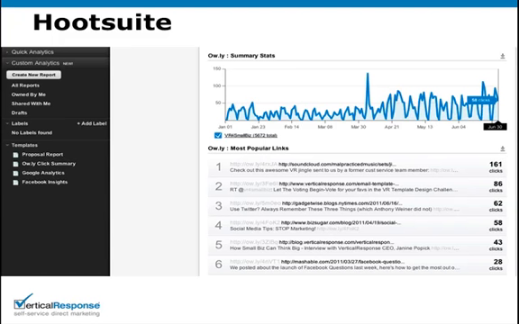Outside of Facebook specifically, Hootsuite also has some really nice free analytics that have to do with clicks. So if you're using the built-in Owly link shortener service that Hootsuite has, you can get really good views into what's getting the most traction, what's getting the most clicks. So definitely check that out, and you'll see it if you have a Hootsuite account on the left side. You'll see analytics, both quick and custom, and you can also create Google Analytics reports, Facebook Insights reports. Those aren't free, and I think that Google Analytics and Facebook Insights do a much better job presenting their data than Hootsuite does.